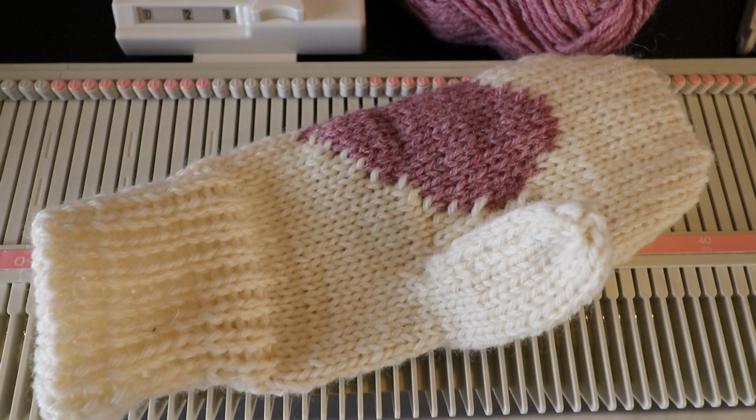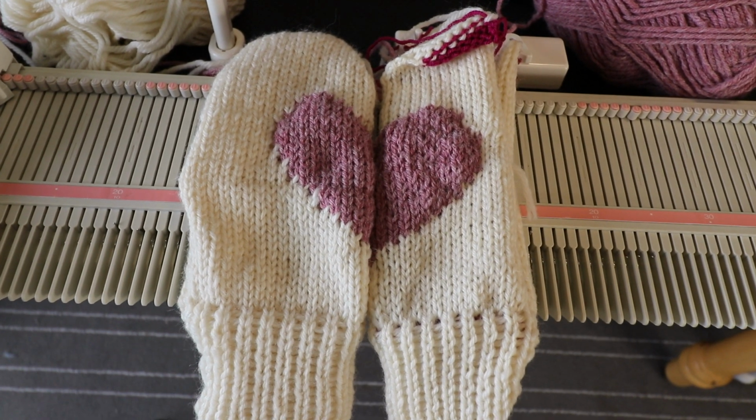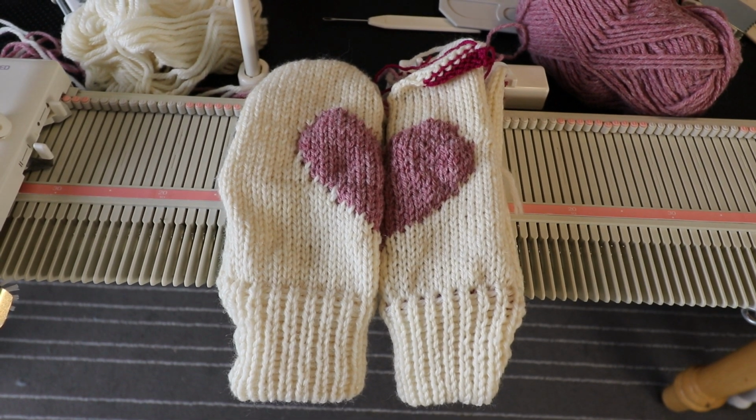So if you practice and you are getting good at it, you might as well knit more pairs and give it away as gift. And I will have the chart as a download in the